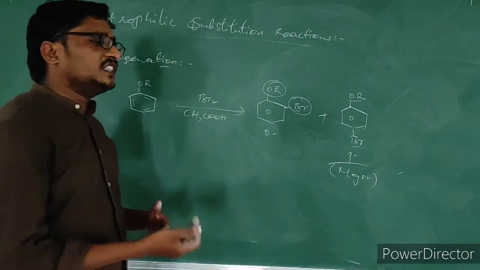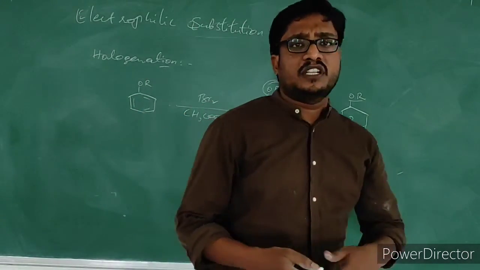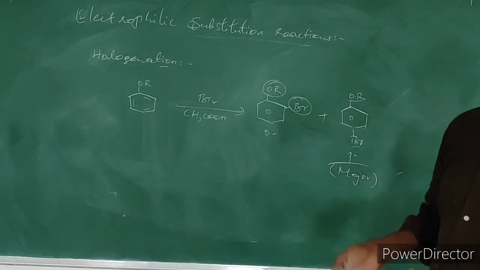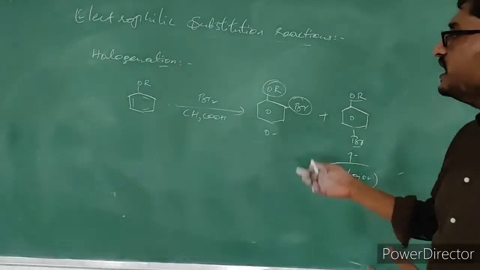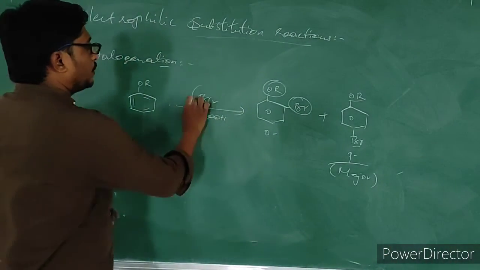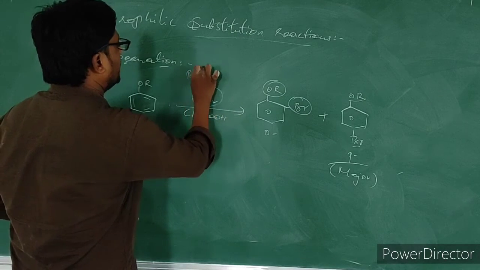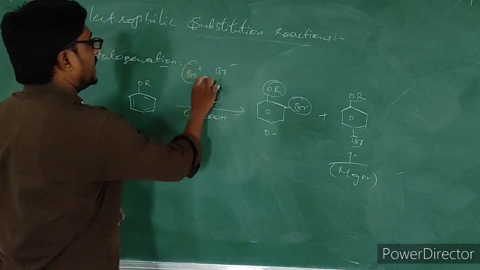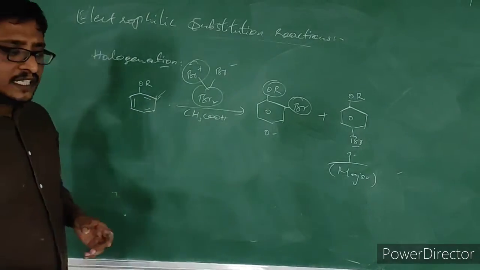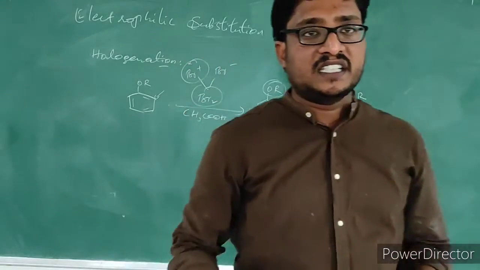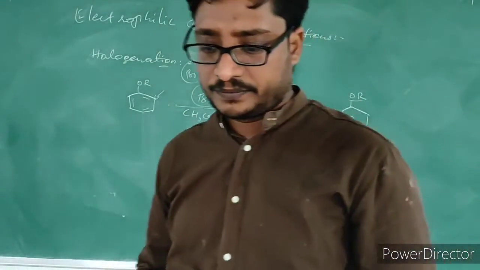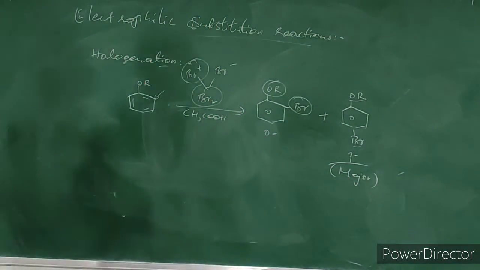We have already seen these electrophilic substitution reactions in different cases, so I hope you know the mechanism of this. That is why I am not explaining the mechanism. In this case, if bromine gets cleaved, it forms Br plus and Br minus. Br plus will be the electrophile. It will come and bind at the ortho position. I have already explained the mechanisms of these reactions in the previous videos. You just watch them and you will know. So this is about halogenation.